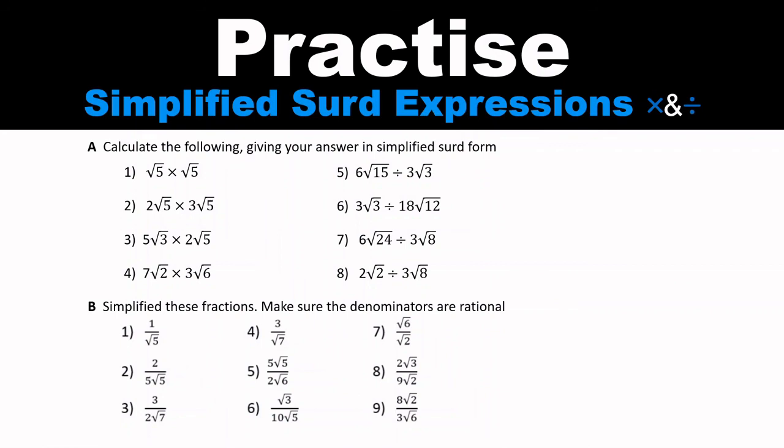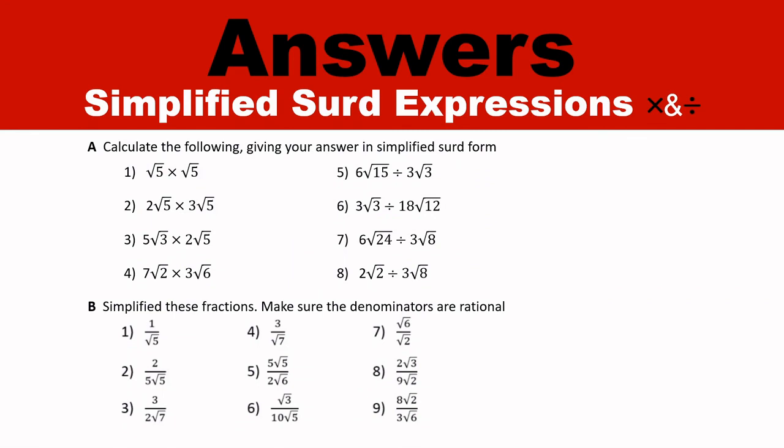I hope you had a chance to hit pause, because here come your answers. For part A, question 1 is just 5. Question 2, question 3, 4, 5, 6, 7, and 8. And for part B, rationalizing our denominator,